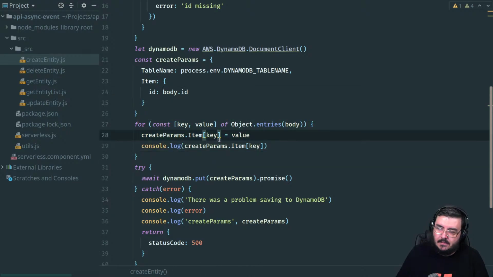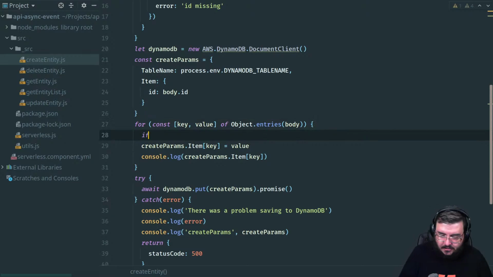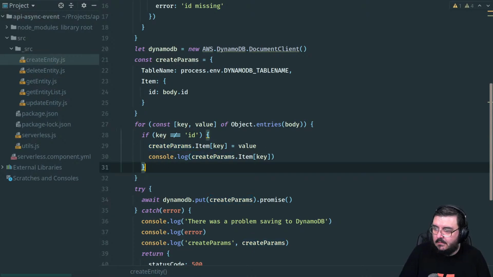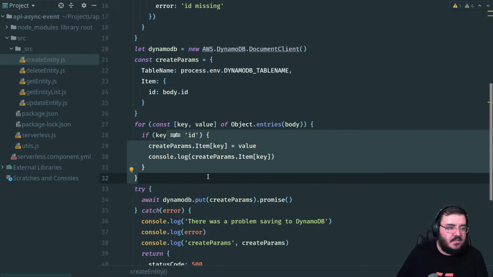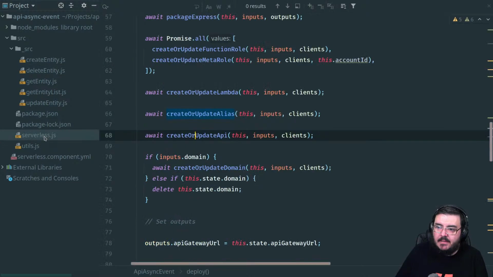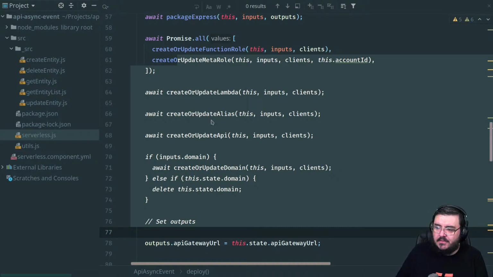But yeah, I'm going to actually do that. If e is not equal to ID, then do the below. There we go. Okay, so that's clear. It adds the ID explicitly, and then it loops and adds every single item as a separate column, just to keep things simple. Iteration is the name of the game when it comes to these things. What's different here is that I'm trying to make a whole bunch of changes up front and then test it a bit later. But let's see how far we can get today.